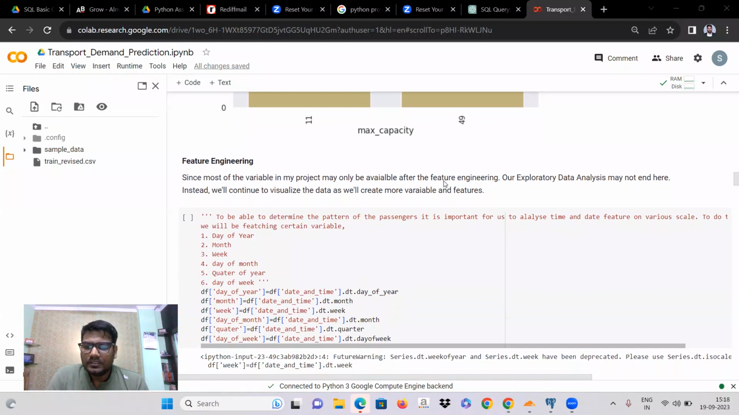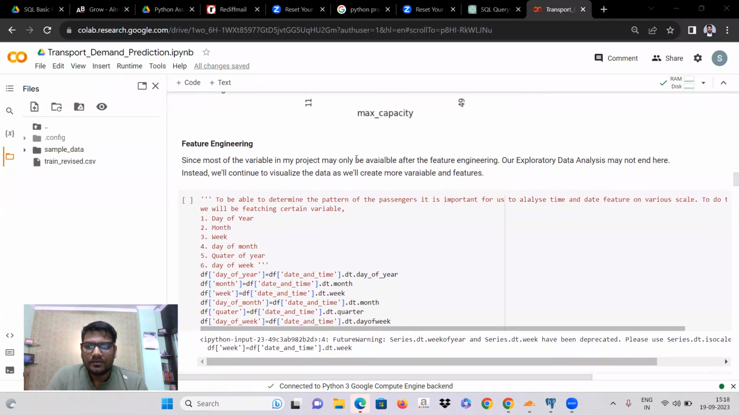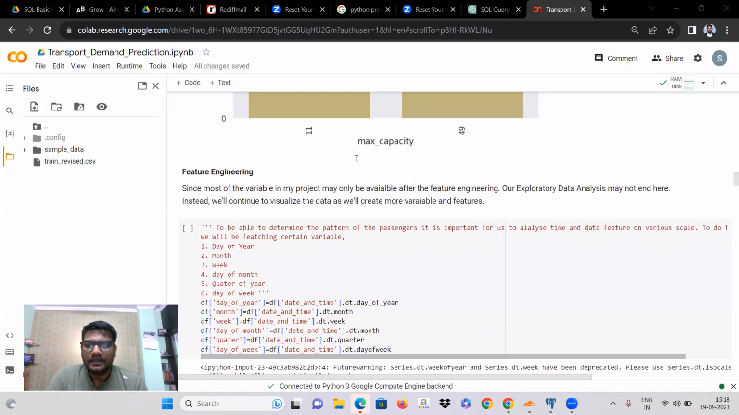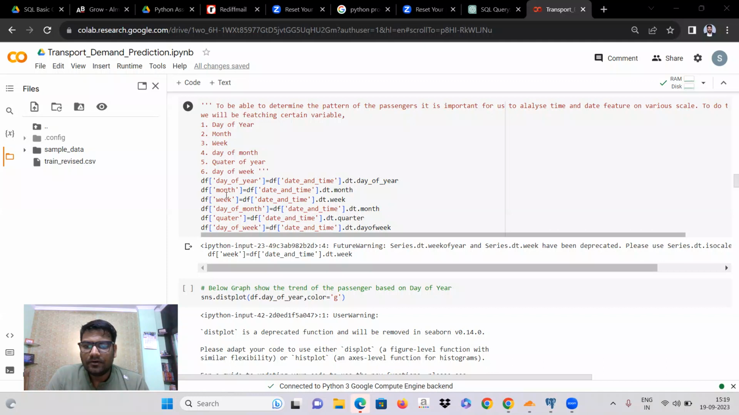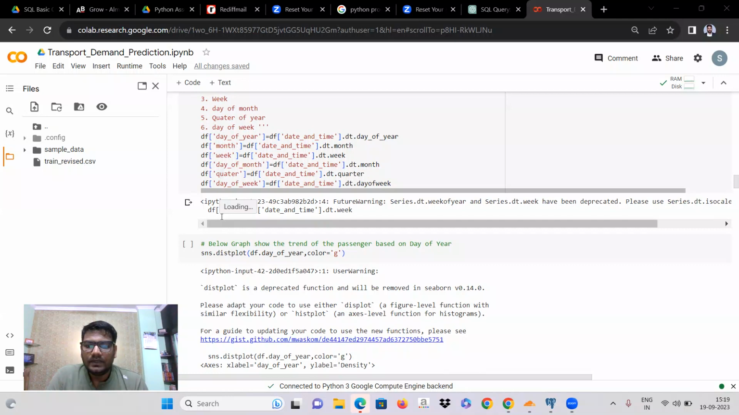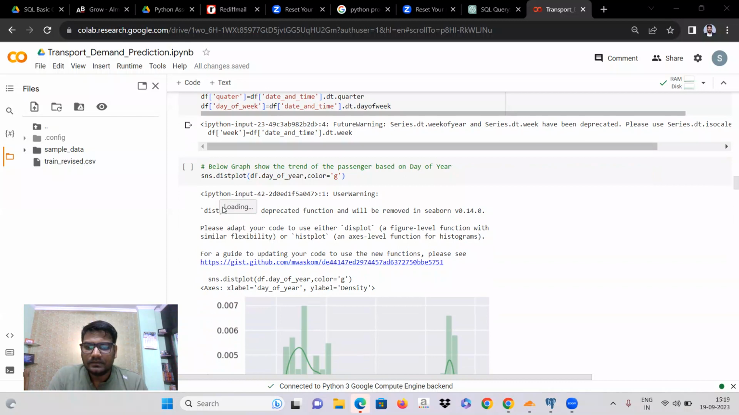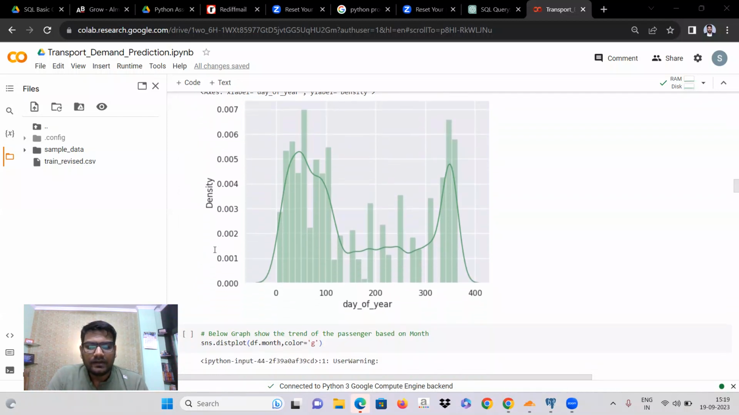So moving toward the feature engineering, as we have very few columns available in the initial data, I'll not be ending our exploratory data analysis here, because we'll be creating more variables from the information available, and we'll be analyzing those as well. So here is the day of year, month, week, day of month, quarter, and day of week. These are the columns that I have created, and here we may also see the trend of customer travel